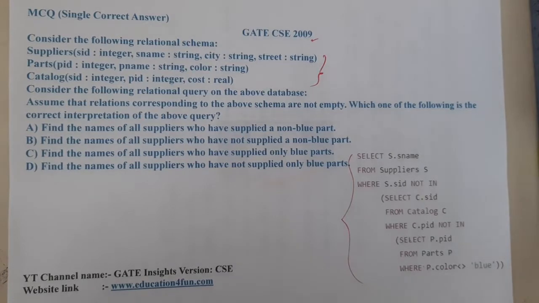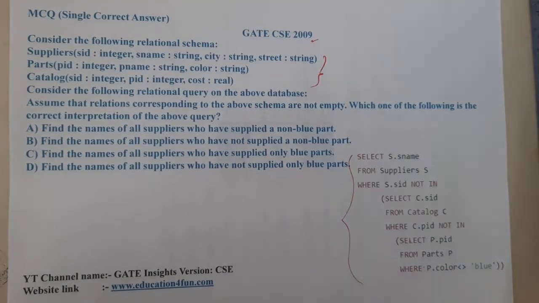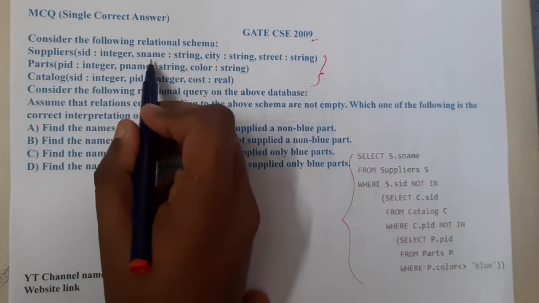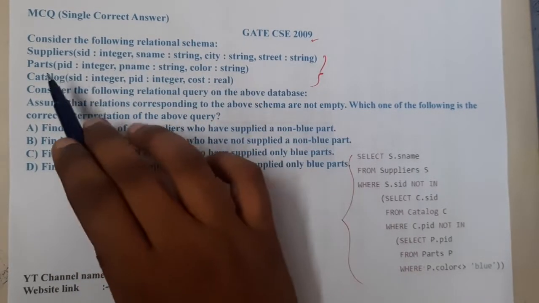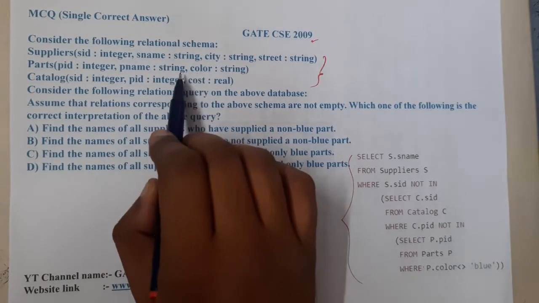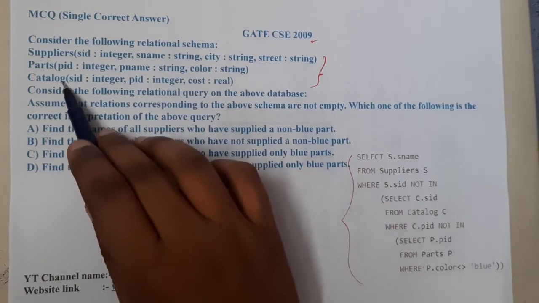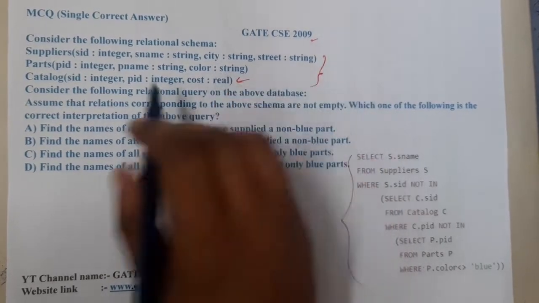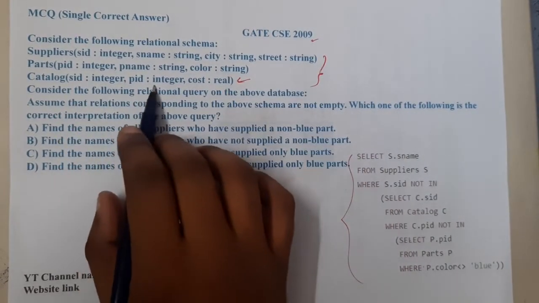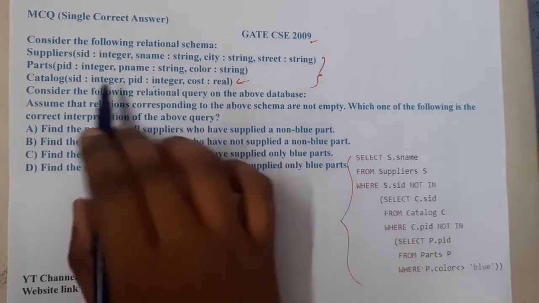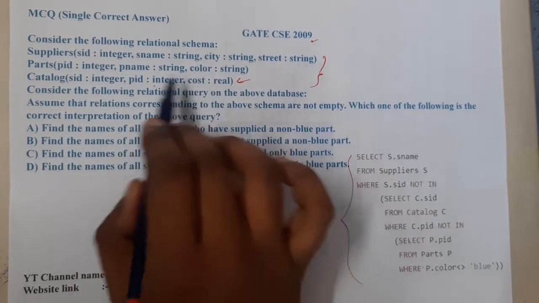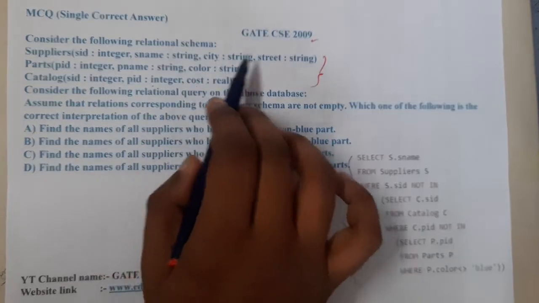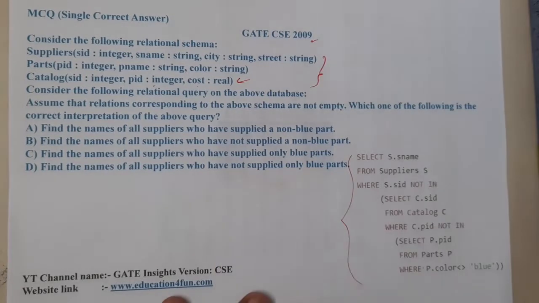So let us start from inside. What is this whole thing about, guys? Here they are talking about suppliers. There is an ID, name, city, street. Parts has PID, PName, color. It might be a car or something, right? Then catalog has SID, PID and cost. So catalog is all about parts, having supplier ID, part ID and cost. Parts have the name and the color of that particular part, and supplier has the supplier ID, name, city and street. Now I understood an overview of those tables.